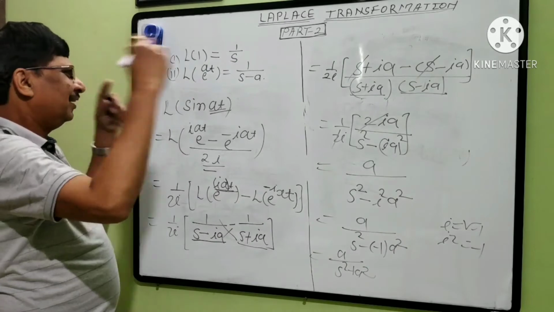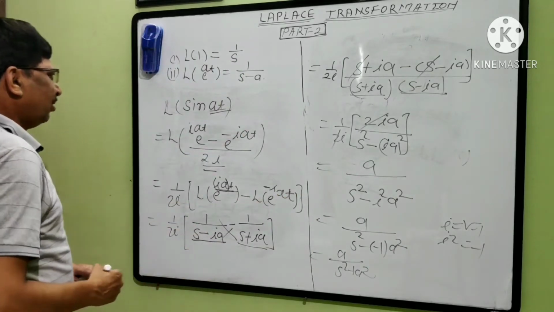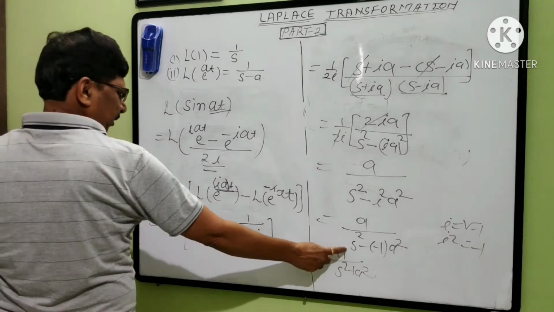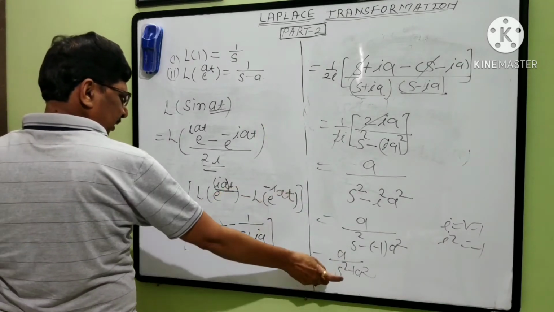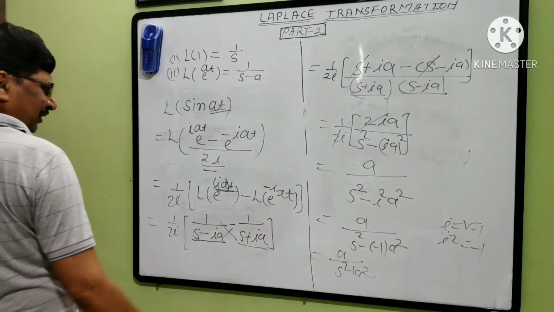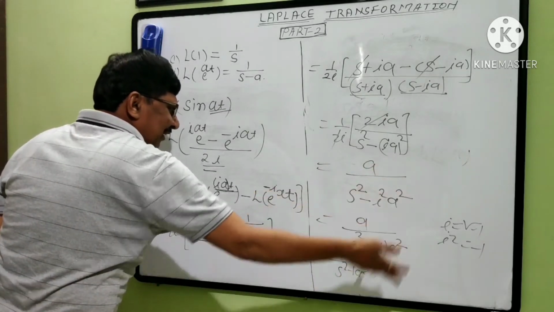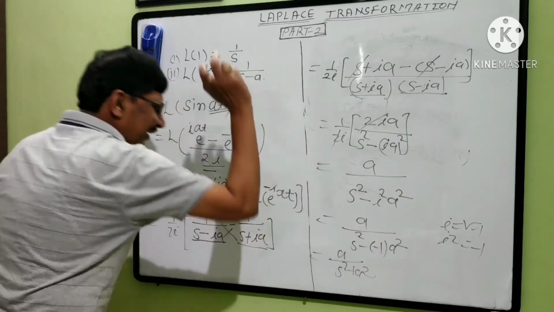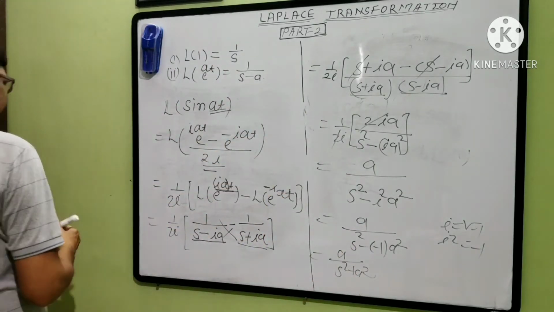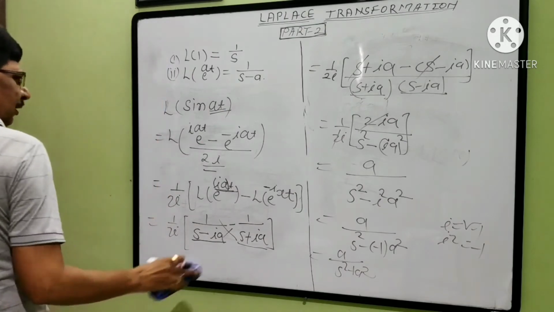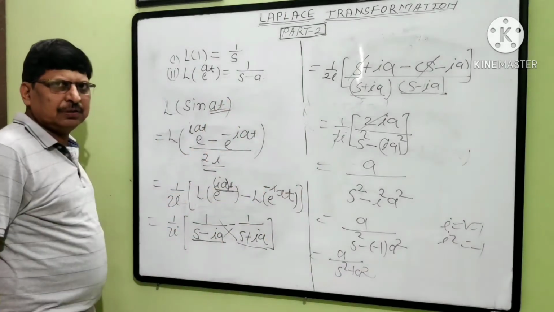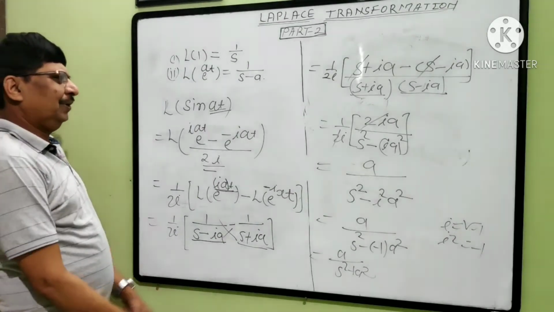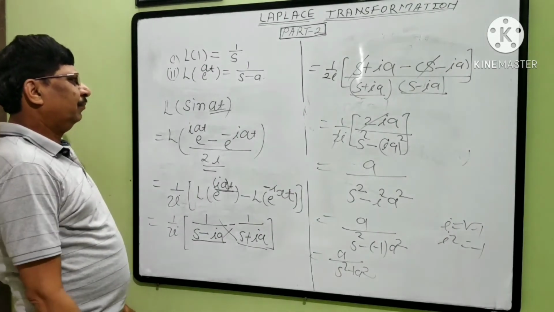Now I am going to write directly the Laplace transformation of cos at. Keep in mind, for sine it is a, and in the numerator, as it is a circular function, I was there, therefore it is not actually s square minus a square, but s square minus minus a square, that's why s square plus a square. Note down this if you want. We have derived cos hyperbolic, sine hyperbolic, and sine circular.